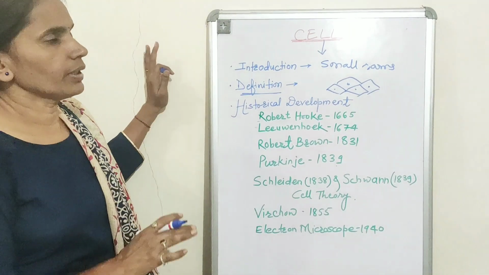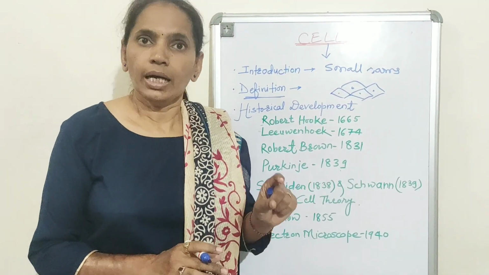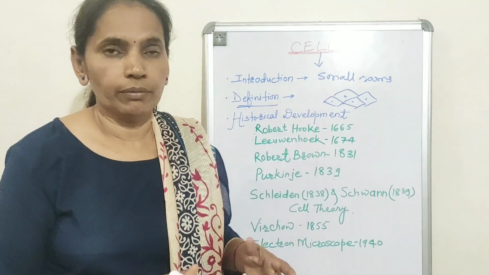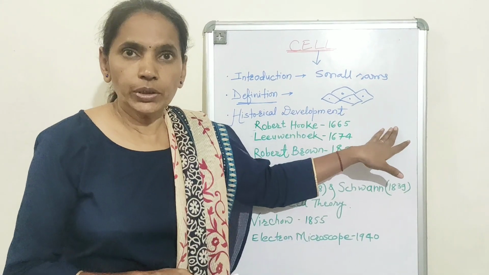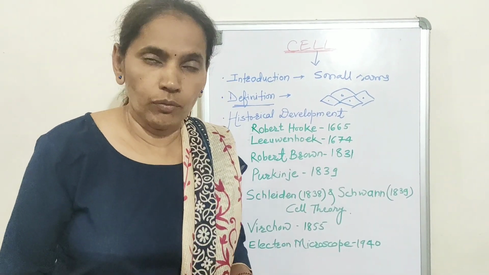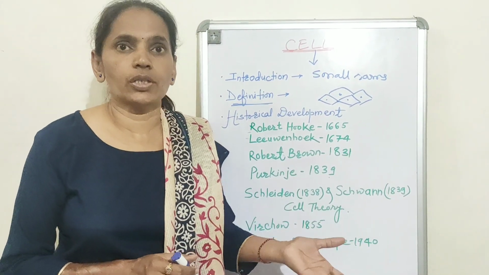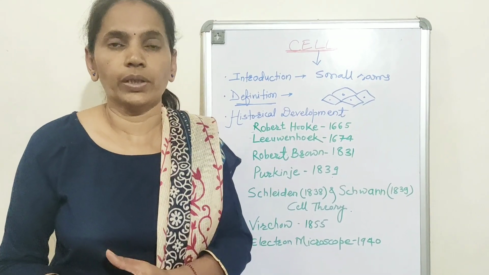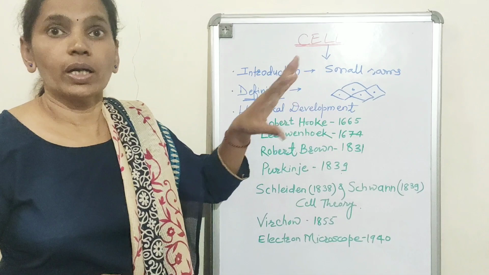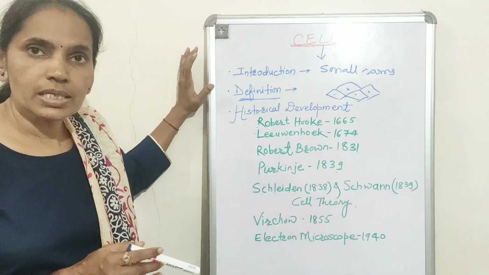In a simple definition, we can call the cell the basic unit of life. Also we can call it the structural and functional unit of life. Now why is it called the functional unit of life? Because all life activities, like intake of nutrients, digestion of nutrients, excretion of excretory products, cell division or reproduction, and respiration, all these essential biological activities are performed by the cell.